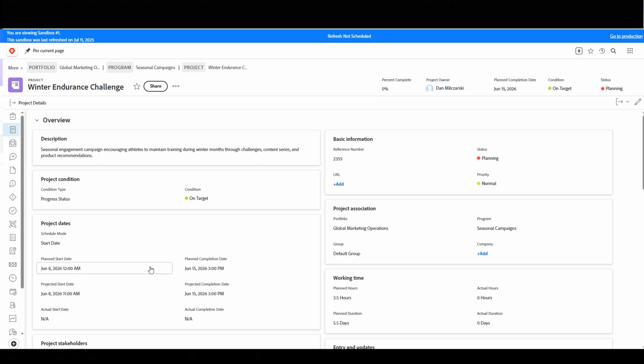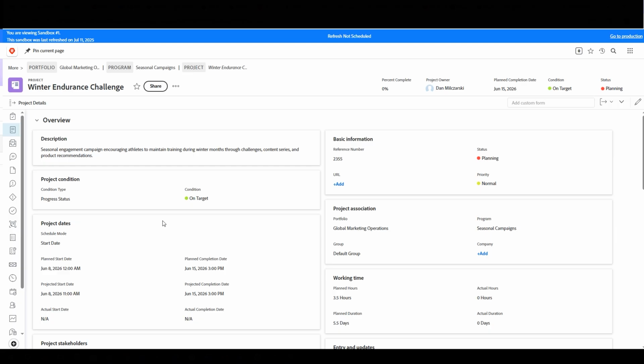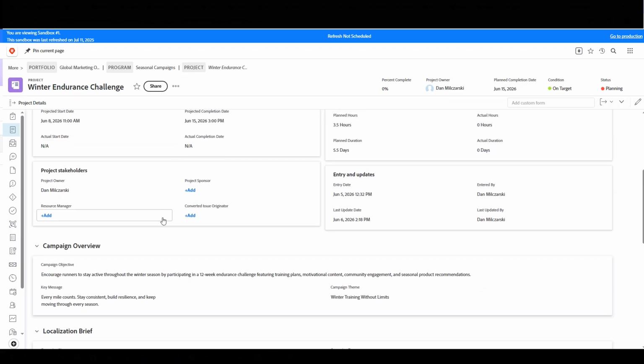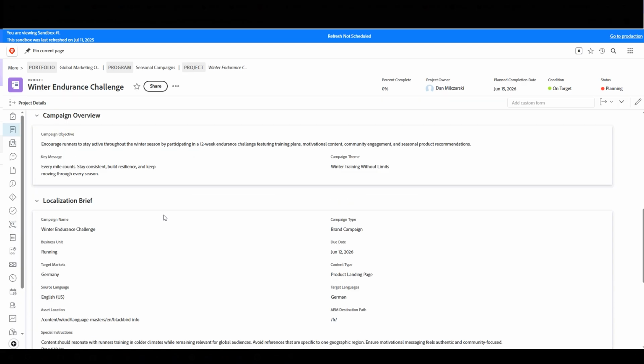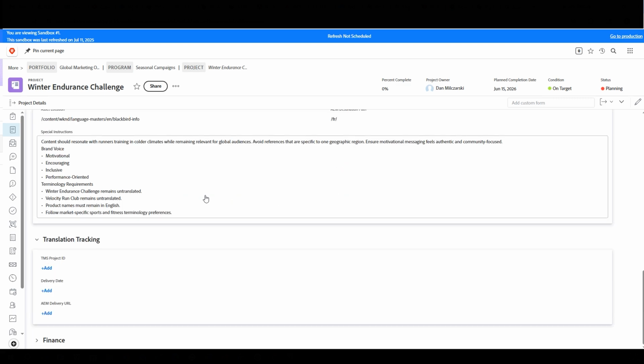In our project here, we have a set of tasks that need to be completed. Blackbird will help automate most of them, updating the progress as our bird flies. In our project details, we have a lot of information that Blackbird can extract and update as well. We'll focus in on two forms for the purpose of this demo. The first one will be taking information from the localization brief form so we can create our project in Phrase. The second is the translation tracking form, which we will sync and update as our bird flies through the automated